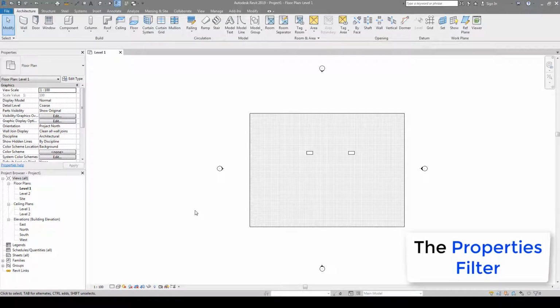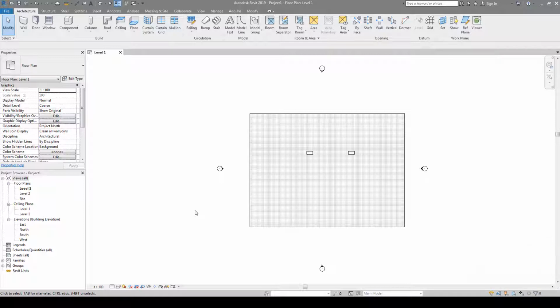Now as well, there is a very straightforward way to select between multiple elements at the same time. The way that you do this is by using a filter that you have on the properties palette. Now this filter will allow you to know which type of element is selected. However, in this case, by default, the view is the one that is selected because I haven't selected any elements,